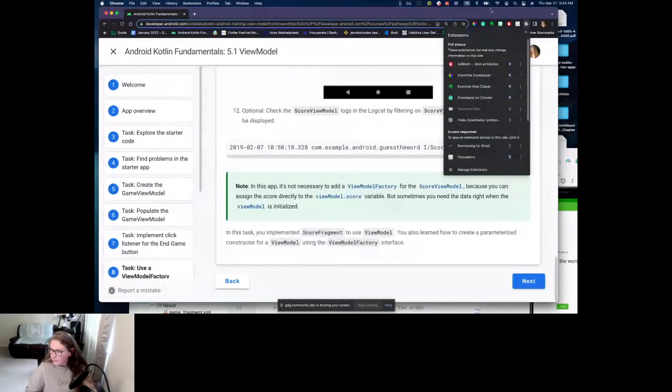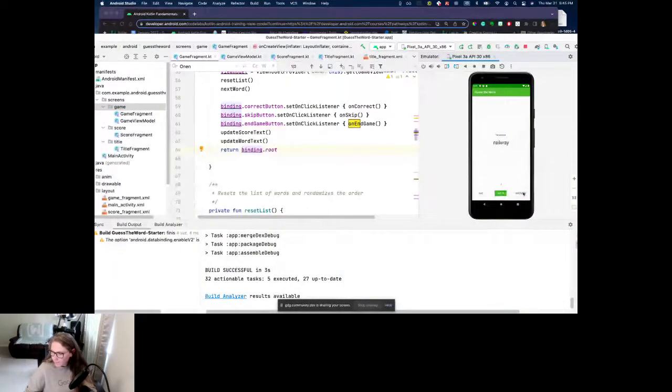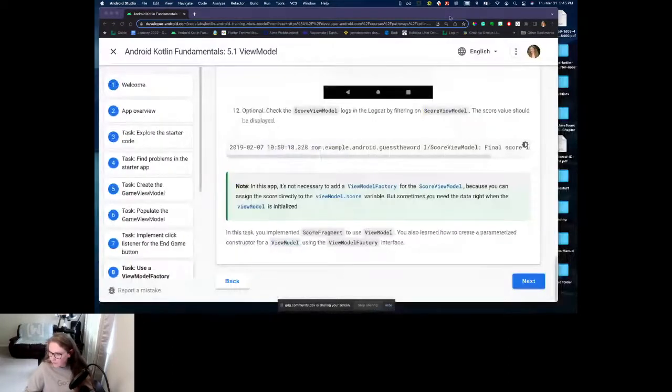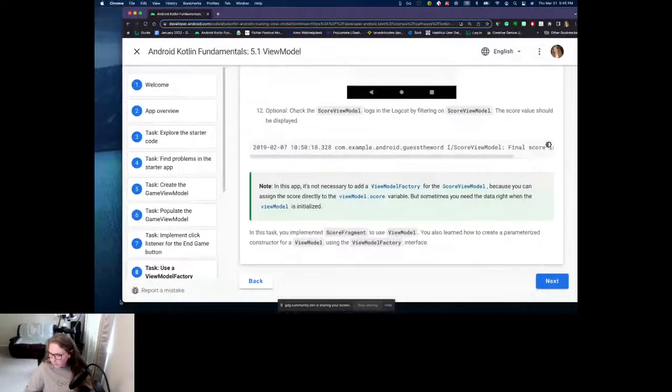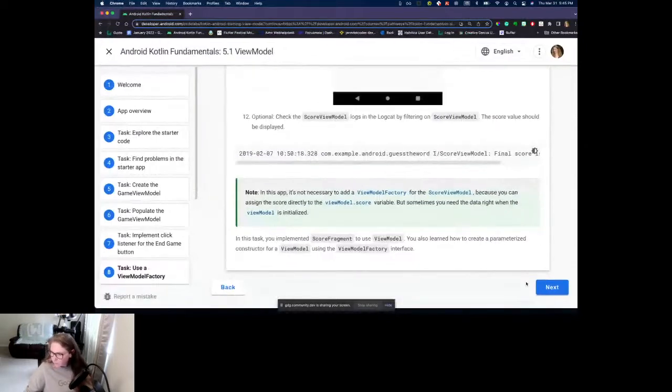So I don't think I pushed my button. I'm still curious if it's working. I'll play my game one more time, push my button. That's better. So now when I push my button, it goes to the you scored, and there's nothing on there yet. The code lab was instructing us that that's normal. So we'll minimize Android Studio. Now I just found all my extra web browsers, and we'll go to